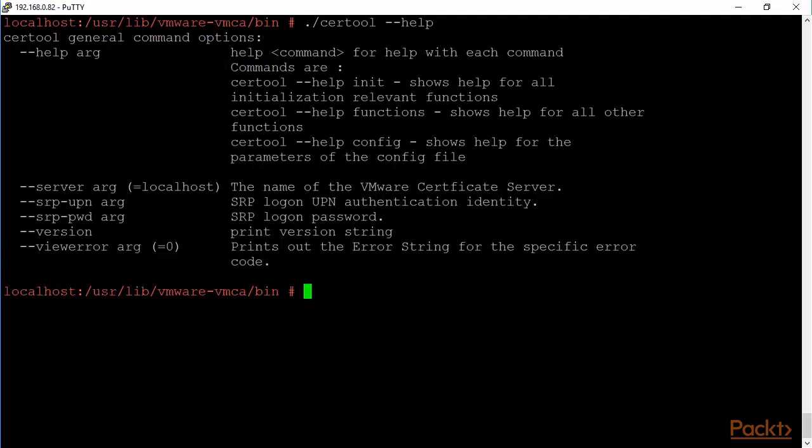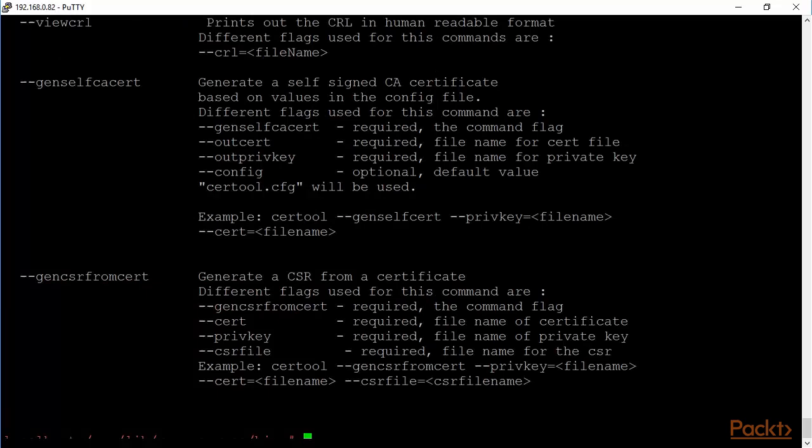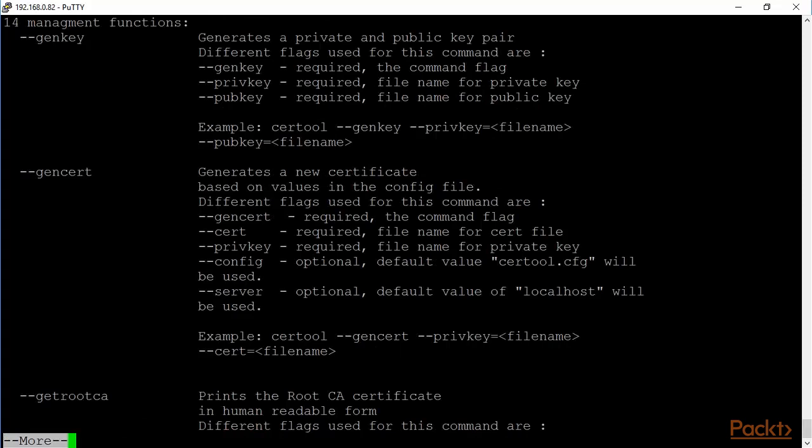Let's do certool help and then functions. So it's a kind of a difficult thing to look at here. So we just do a more. Here we are. So there are 14 management functions that says you can generate a key, you can